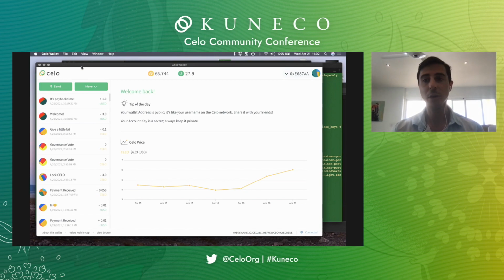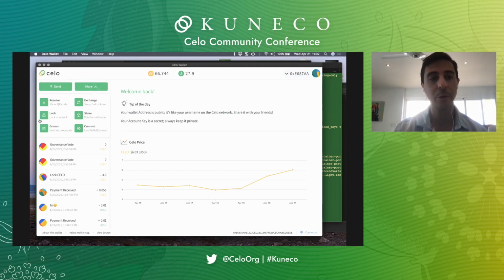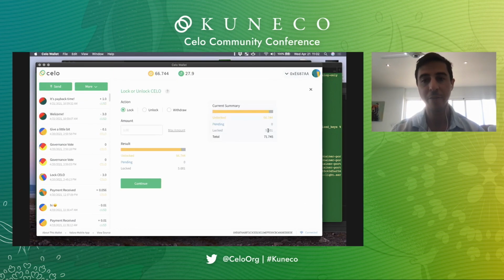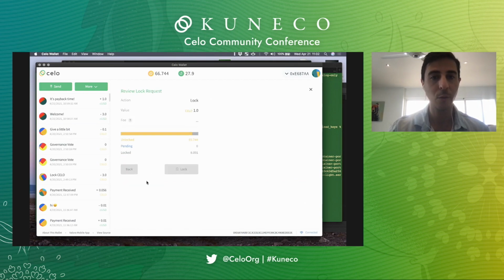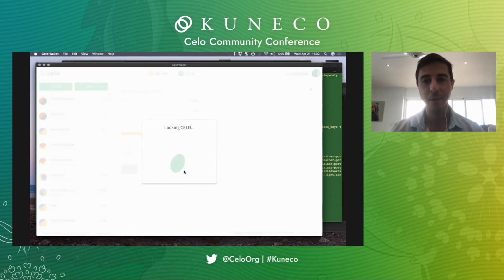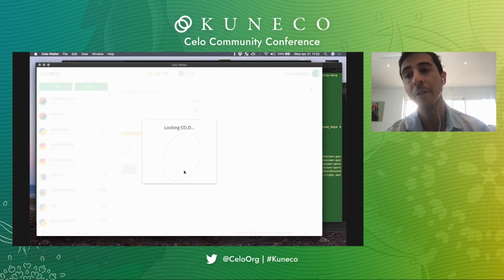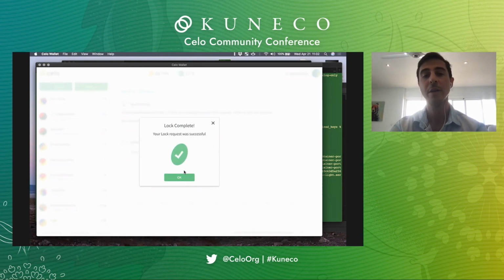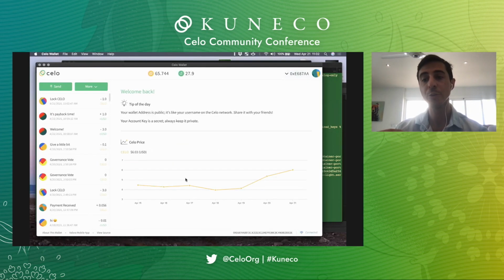And it also lights up some extra cool features that we intentionally don't light up in the web version. For example, if we click on more here, we're going to see some other cool stuff that we can do with this wallet. Like we can lock, and we'll see that I've already got 5 Celo locked in this account. So just for fun, let's lock one more. In case anyone's unaware, locking and unlocking is how you move your Celo into the state where you can use it to stake validators or vote for governance. You can only do that with locked Celo, and that's to help keep the network secure.